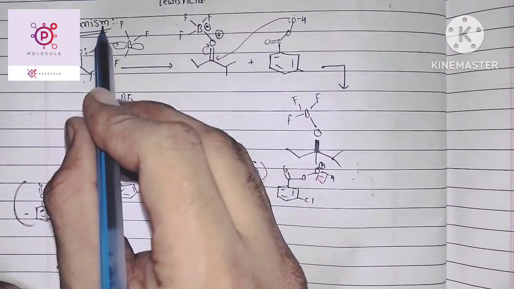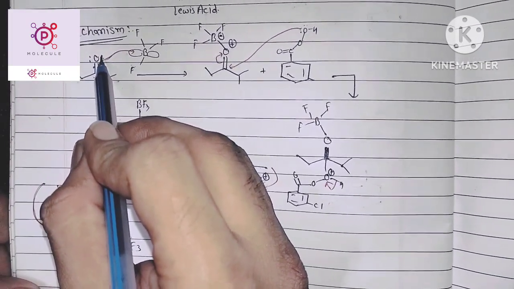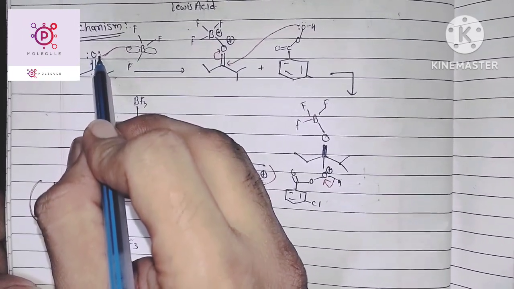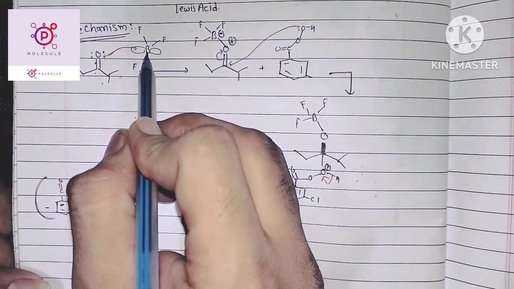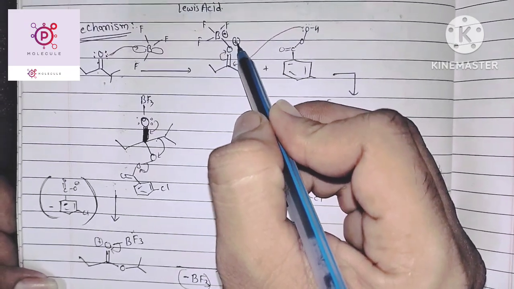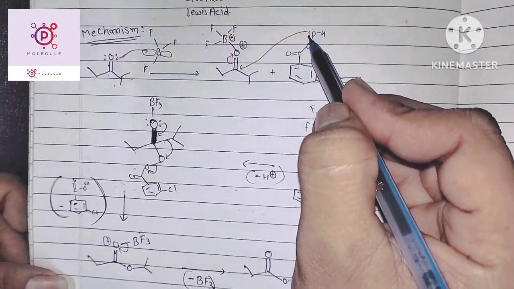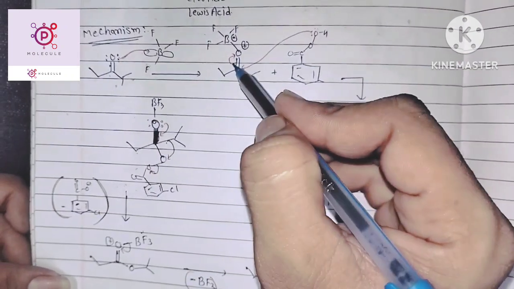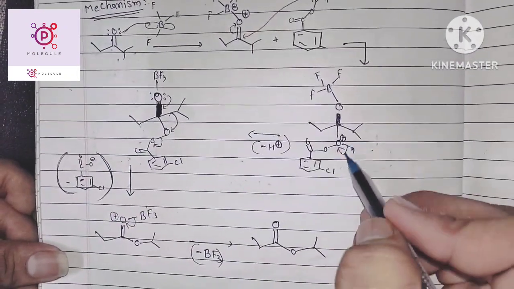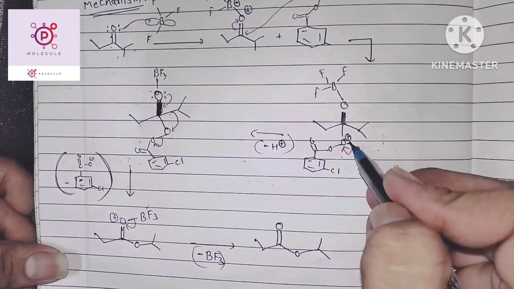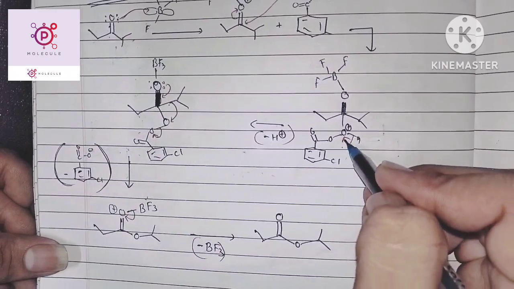And its mechanism: first, the carbonyl oxygen, having non-bonding electrons, attacks the vacant orbital of boron, and the oxygen has a positive charge. Then the peracid oxygen lone pair attacks the carbonyl carbon and the oxygen is neutralized. So we get this intermediate, this oxygen having a positive charge, so that H plus will be removed.